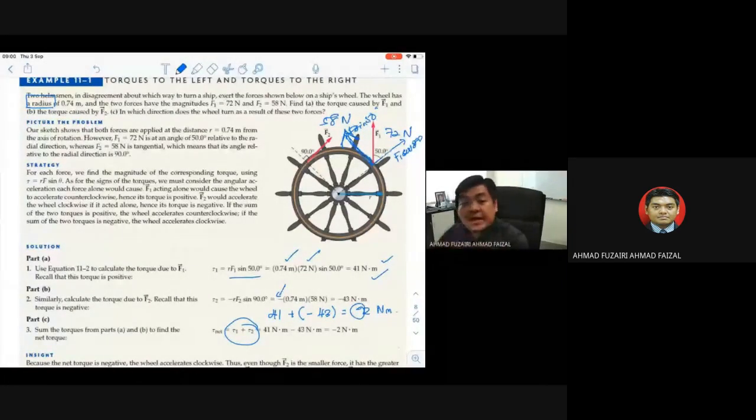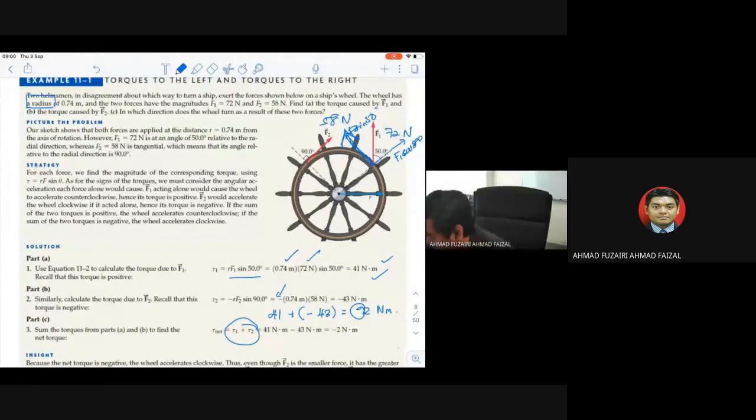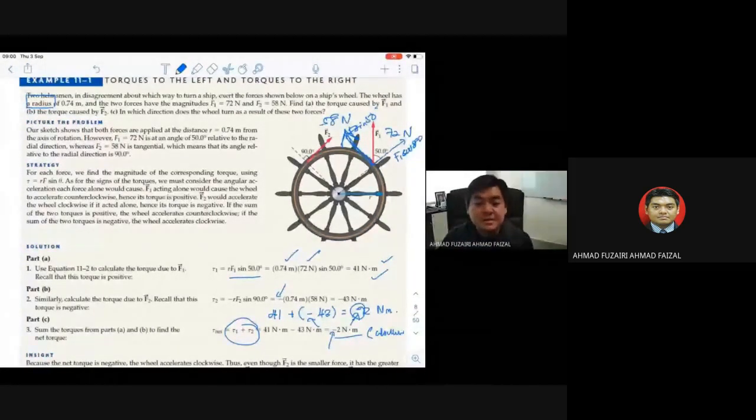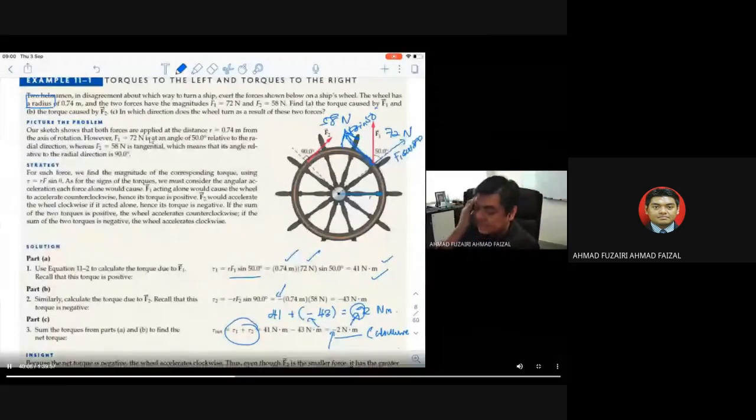So we can conclude and confirm that the direction of the final torque follows the negative one. Which one is the negative? The one in torque number 2. So definitely it will follow the clockwise direction. The negative means the direction, but to be on the safe side, always put the direction, going clockwise. Okay, so that gives you one example. All right,